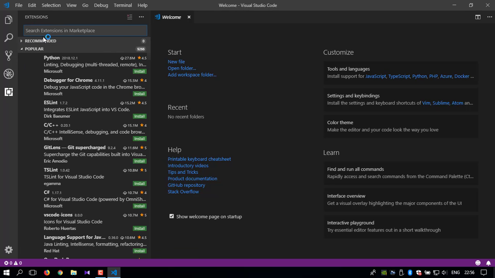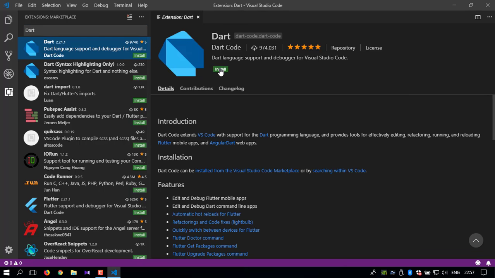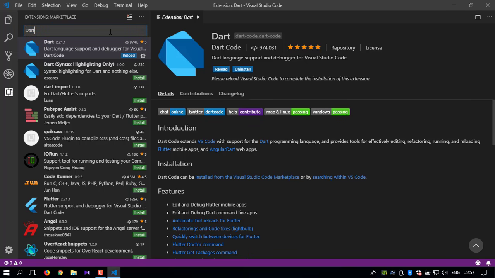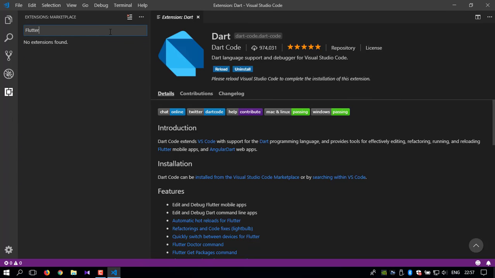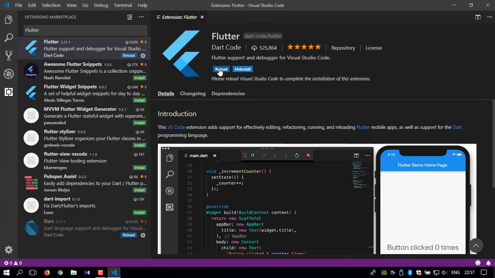Actually, now first we'll install the Dart extension, and click install. And once it is done, we need to search for Flutter and install it as well. Okay, now Flutter, and install. Okay, it's installed now,